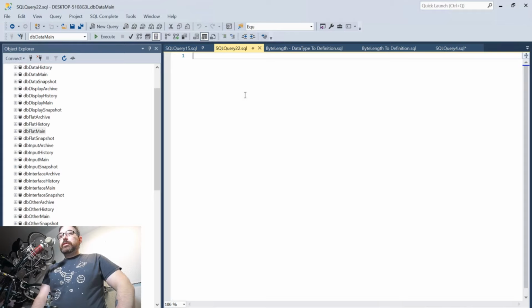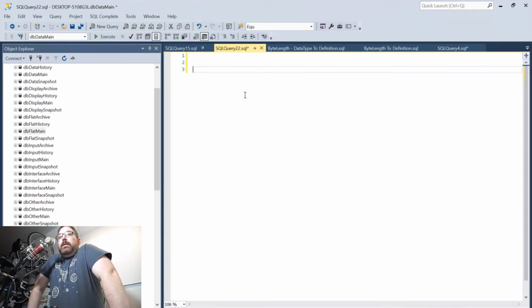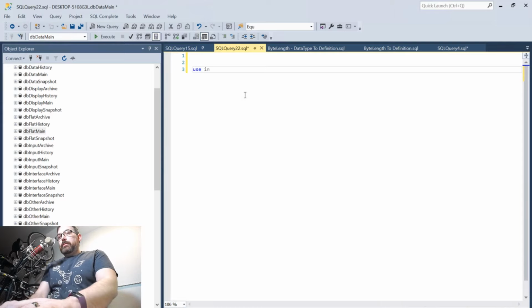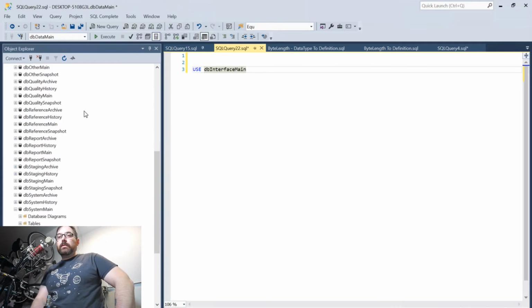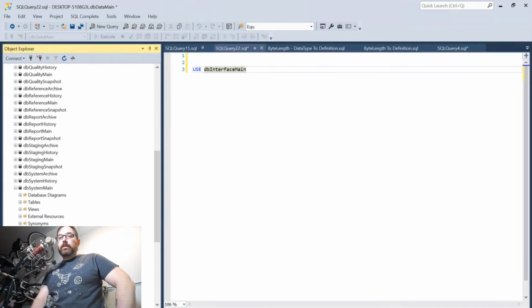So where to begin? We want to operate on views, because we don't want to operate on the tables themselves. We want to use interface main. So actually that means there's something else I have to run because